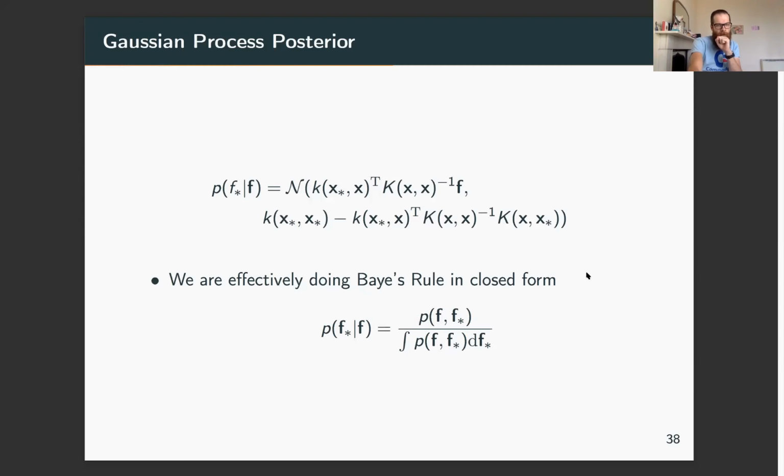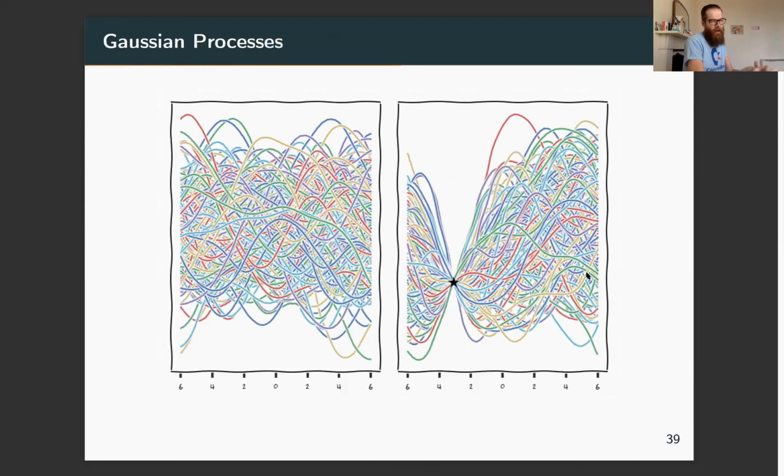If I look at that, what I've really done here is that I've taken my prior, which is the leftmost plot, where I've said these are the hypotheses that I like, and I give them different weight. I see a data point, and I put 0 probability on all solutions that don't agree with my data. Right? So this is exactly seeing one data point and removing everything that doesn't agree with that in my prior. And now I have my updated belief. So this, I think, is really cool because I just did that with some simple linear algebra.